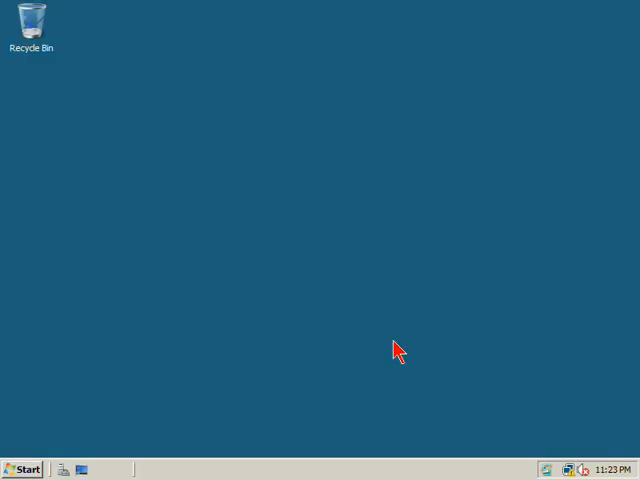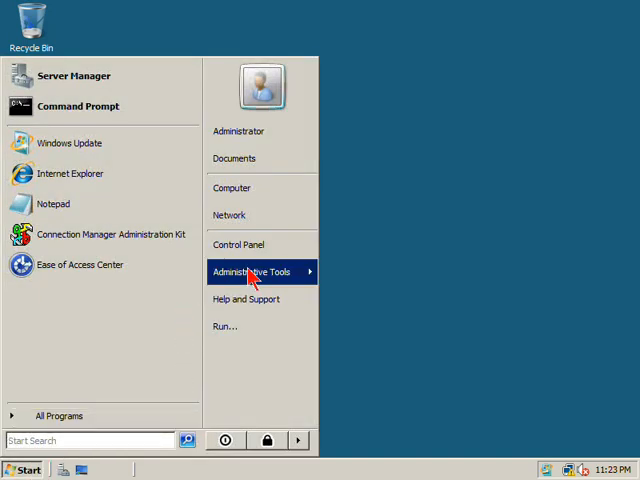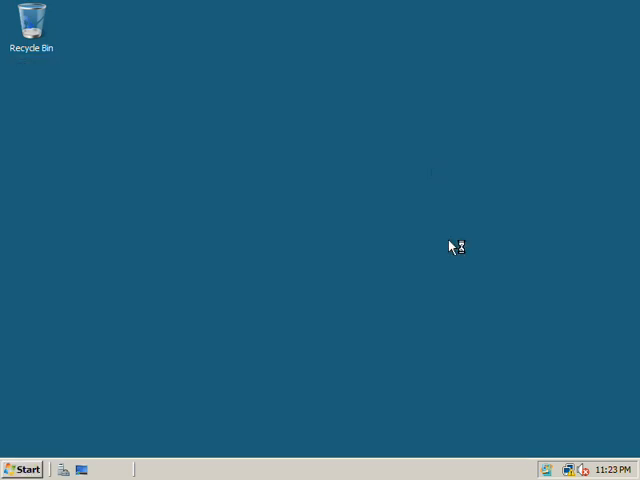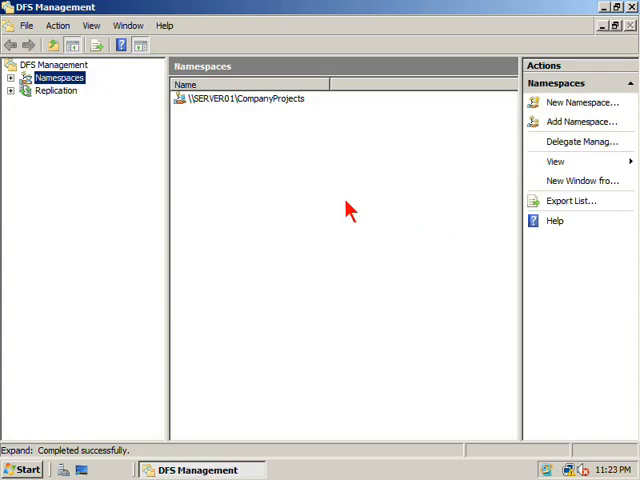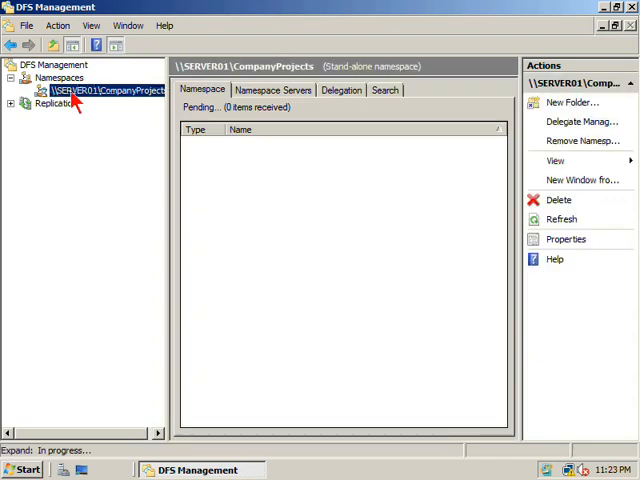In this demo, we're going to create a folder and folder target in Windows 2008 Server DFS. The way we're going to do that is go to Start, Administrative Tools, and then DFS Management. This is the same console we saw in our previous demo. Now, we're going to expand out our namespaces and click on the namespace we